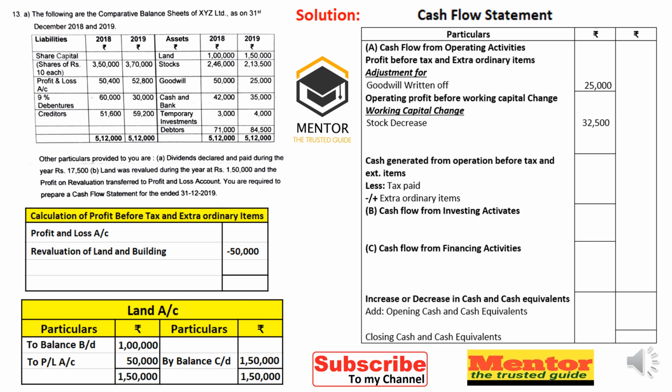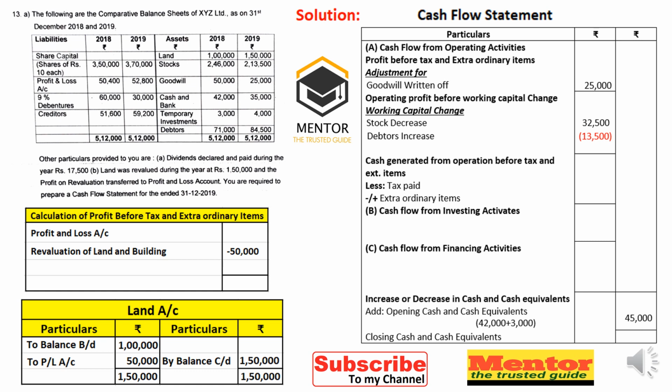Cash at bank and temporary investment, both will be considered as cash. Therefore, it will be taken as opening cash balance, that is 42,000 plus 3,000. Collectively, we will be writing 45,000 as our opening cash balance. What is our closing cash balance? Closing cash balance is how much? 35,000 plus 4,000, right? That we will record. But before that, we have to write